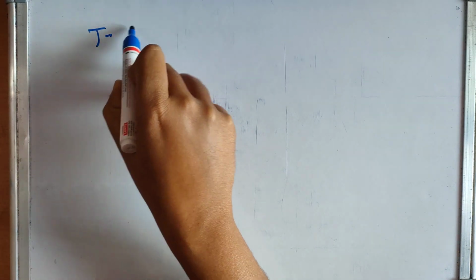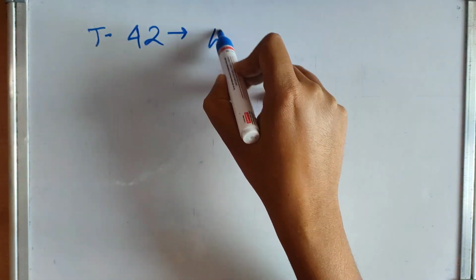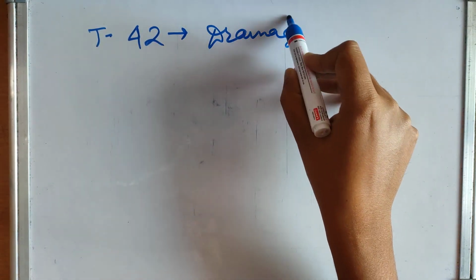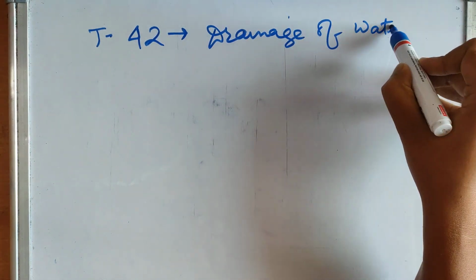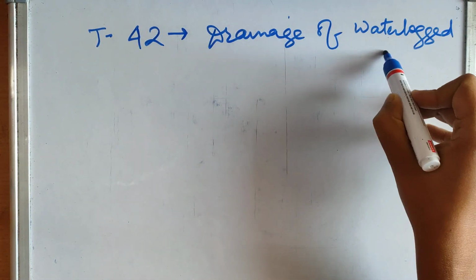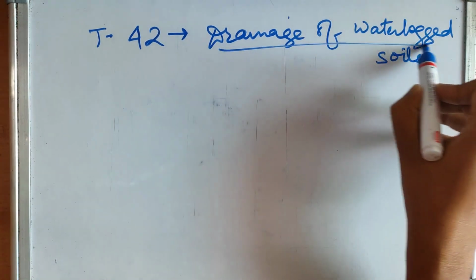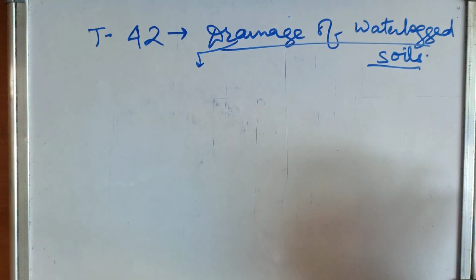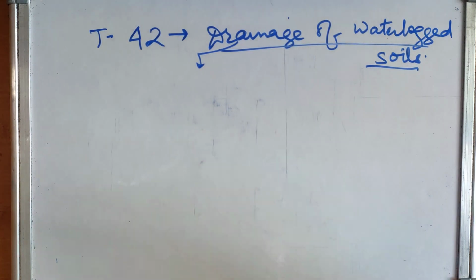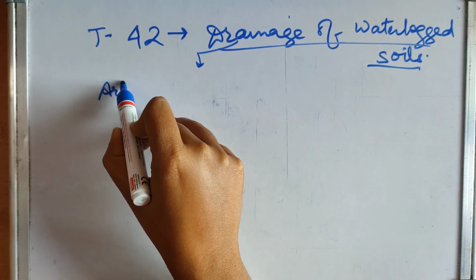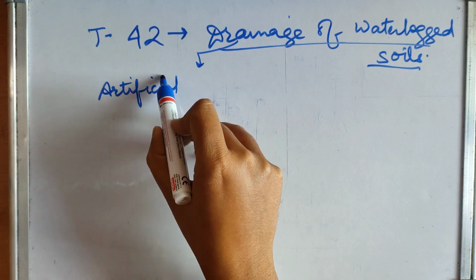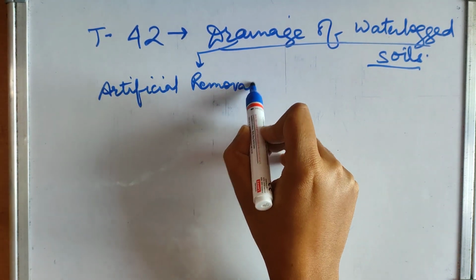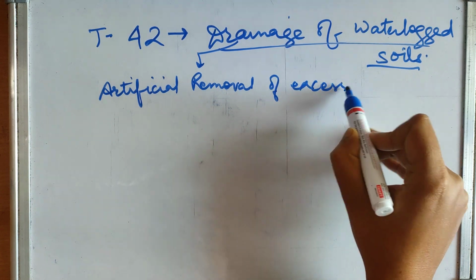So today we are going to do topic 42, that is drainage of waterlogged soils. So what is drainage? We should know what is drainage. It is described as the artificial removal of excess water